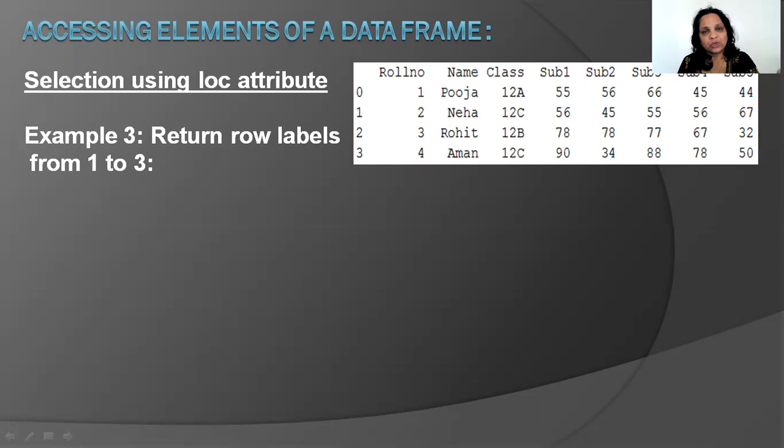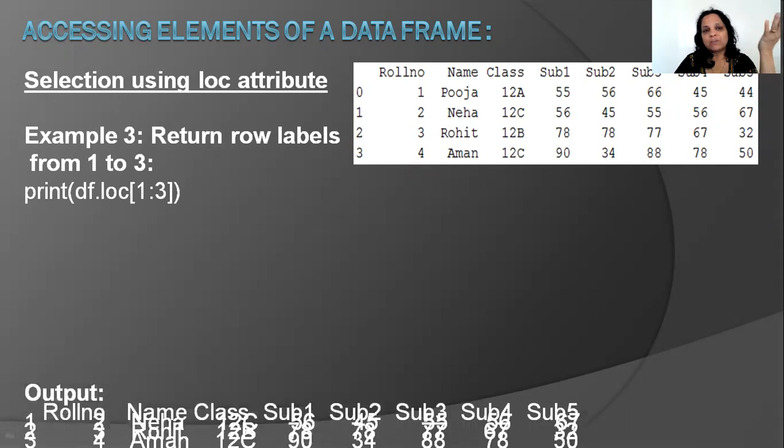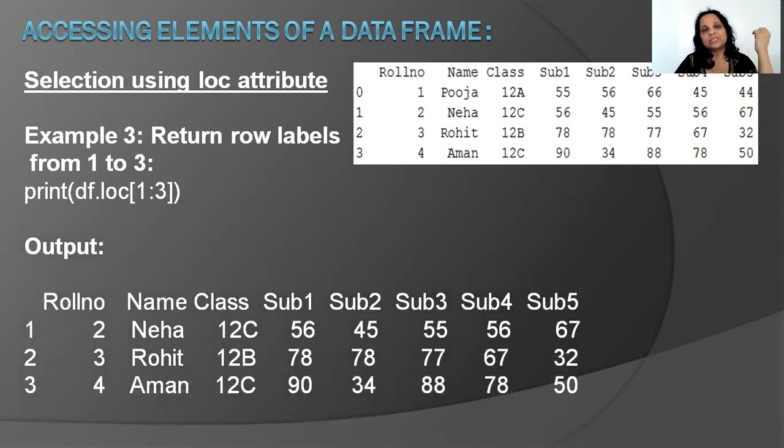They are discontinuous labels. Then you have to use the previous method. But in this method that we're talking about, if you ever want to see continuous rows, then you will make use of the colon operator. So I write 1:3. So it starts at index label 1 and goes up till index label 3. Okay, 3 included, because the loc function is not talking about the index numbering, but it's basically the labels that it's dealing with. So what do you expect to see? Neha's, Rohit's and Aman's records, correct? So you have Neha's, Rohit's and Aman's records.